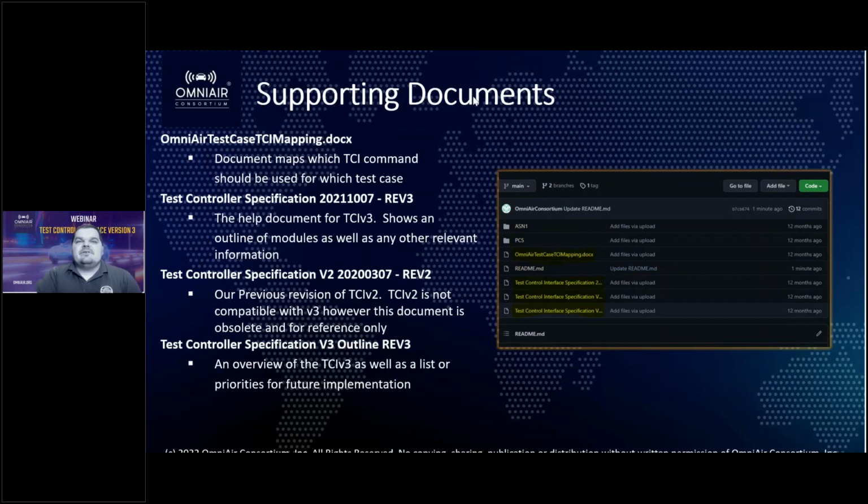Next, we'll dive a little bit deeper into the supporting documentation. There are 4 different types of supporting documentation we have on the GitHub right now. These will be updated hopefully within the next few months, and we'll have a new revision out. The first document is the OmniAir test case TCI mapping document. It's a really helpful document. It maps which TCI commands are used within